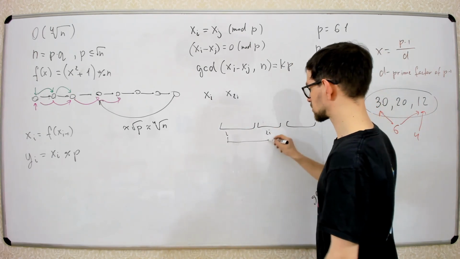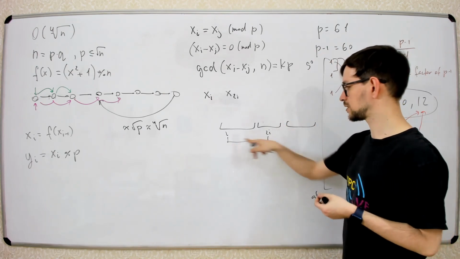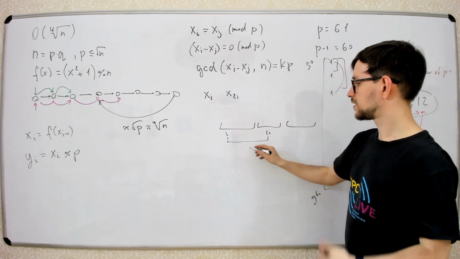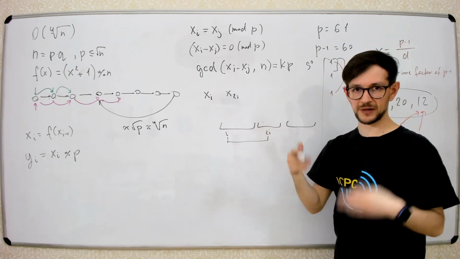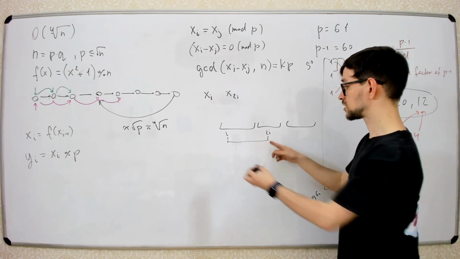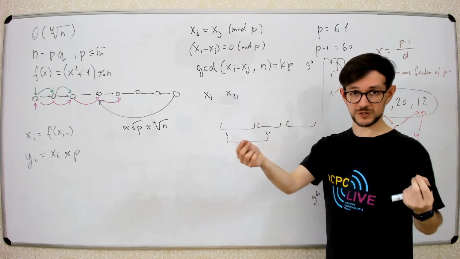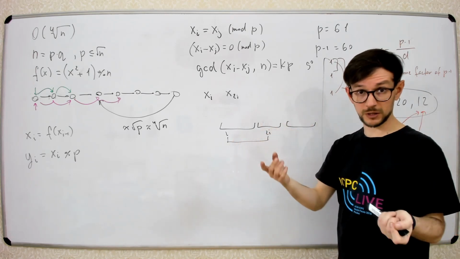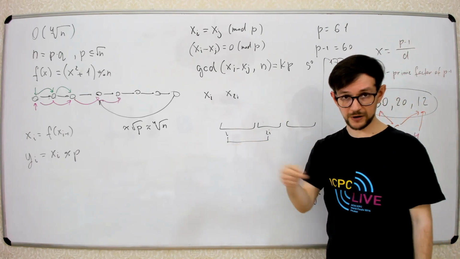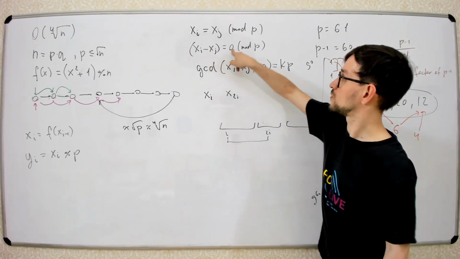Now, the difference between 2i and i is i, so the difference between these two indices is increasing. So at some point, this difference will be divisible by the length of this period. Again, we don't know the length of this period, so we just increase this difference until it is divisible by the length of this period. At some point it will be. So when this length is divisible by the length of the period, we will have 2 numbers with difference 0